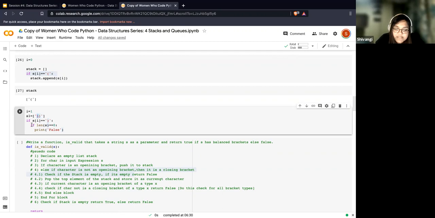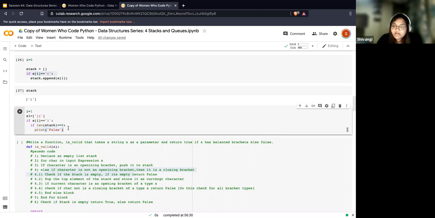That means my stack is empty, because it never found an opening bracket, so it never inserted anything into the stack. And in that case, it's not a valid string, because the opening bracket was not followed by a closing bracket. It was just closing brackets.